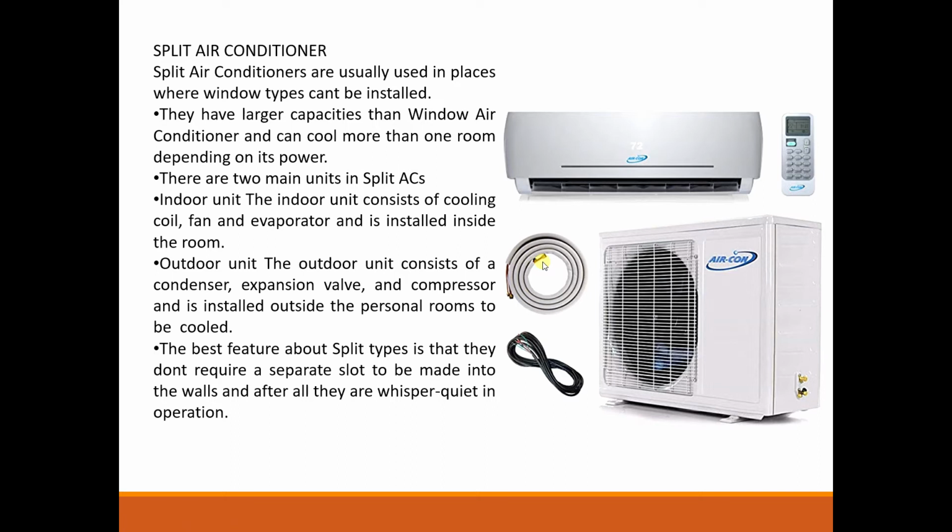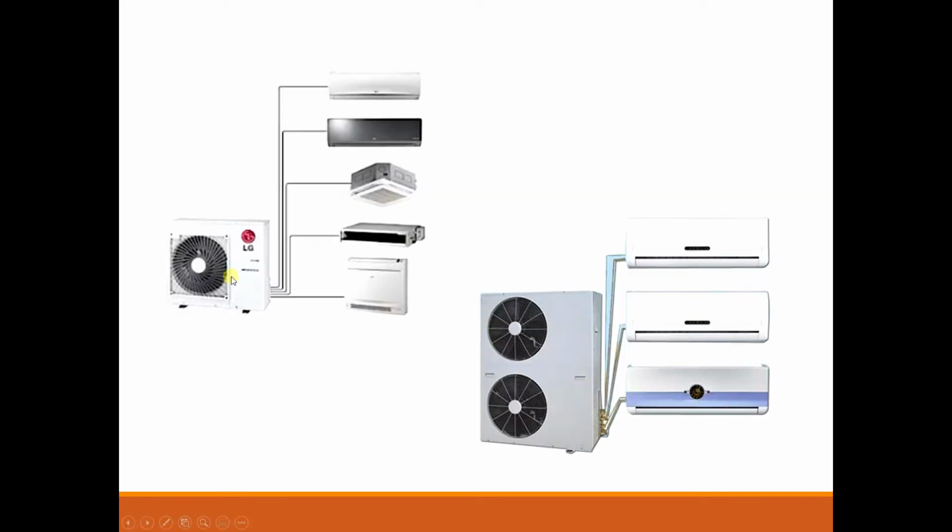Various companies are producing these, such as Blue Star, Daikin, O General, right? And Samsung, LG, etc. If you want, you can take 1 to 4 outputs, or else 2 to 3 outputs. For that we have to put a big outdoor unit. Simply, you can't take it from your normal units. We call it 1.5 ton capacity, 1 ton capacity plus something, right? These are all indications of how much load can be taken.